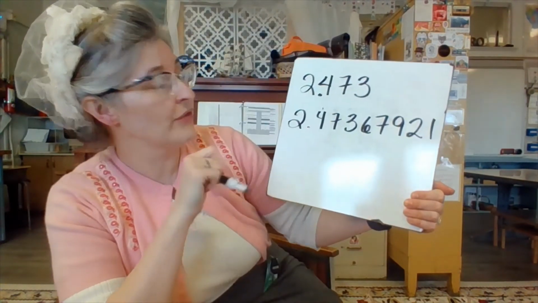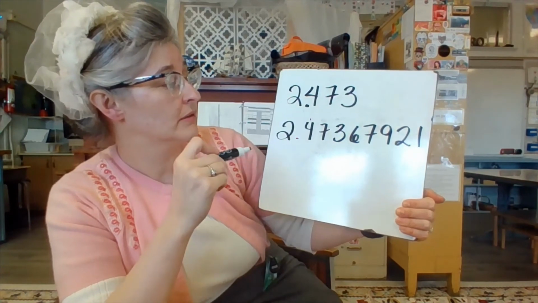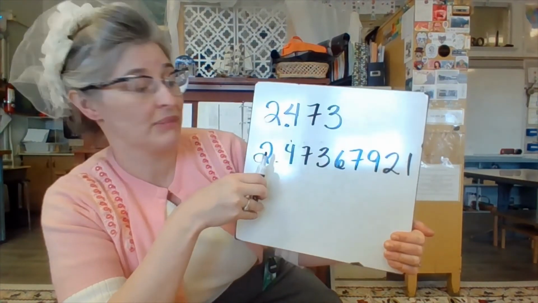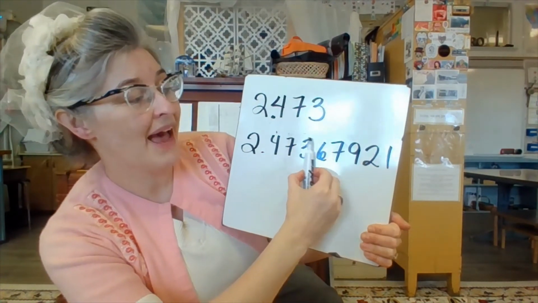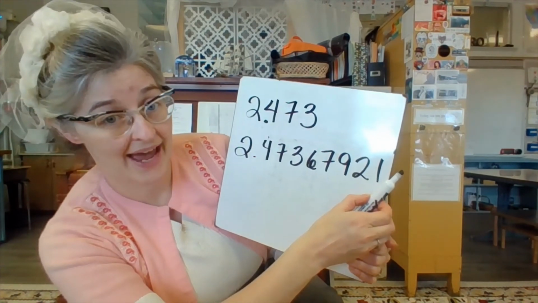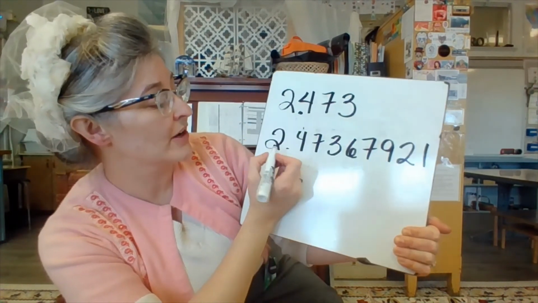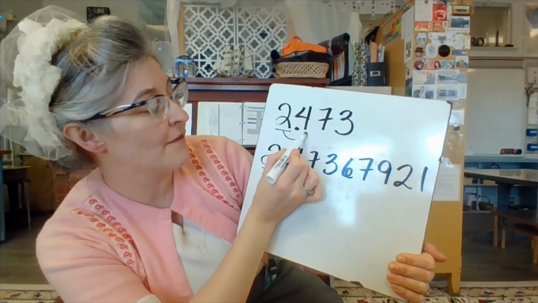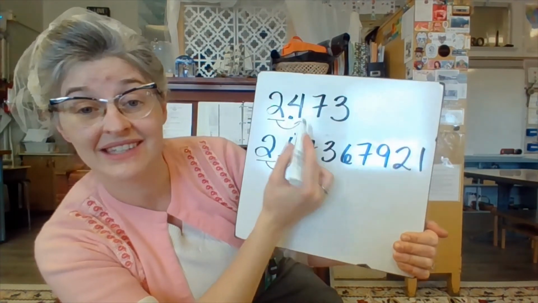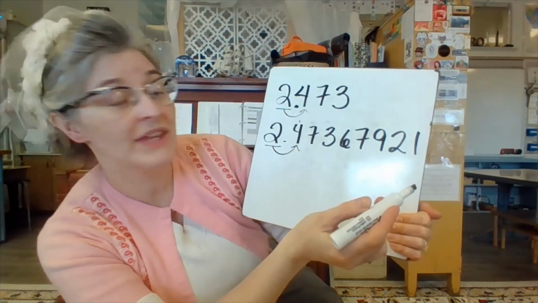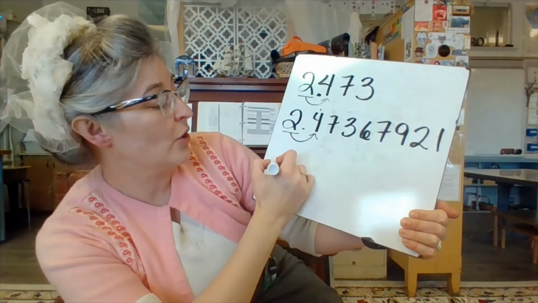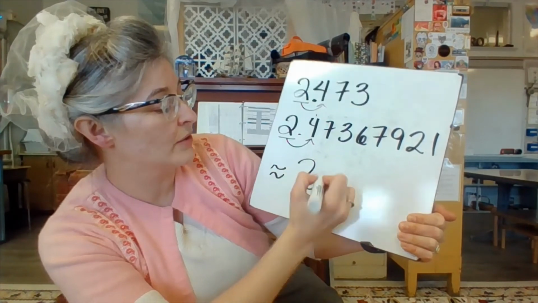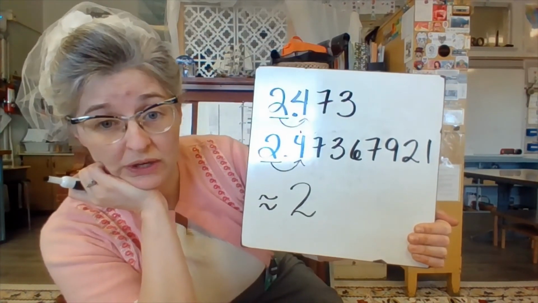However, if I say round these to the nearest whole number, they're still going to round to the same place. It does not matter how many numbers I have. It simply matters if I go next door, is it 5 or more? In this case, no. Both of these numbers are going to round simply to 2 if I round them to